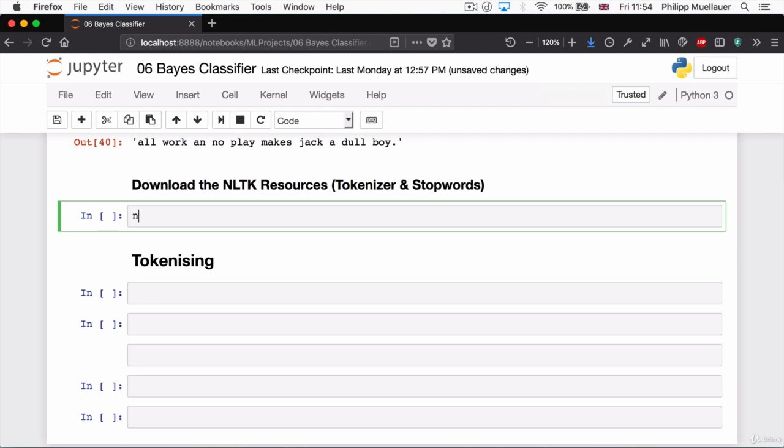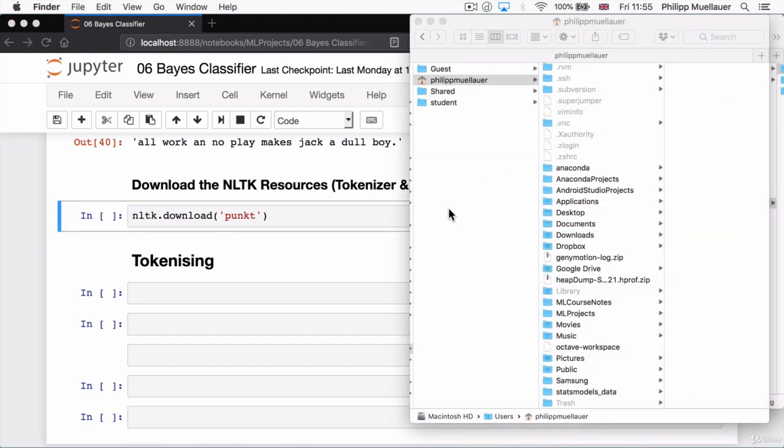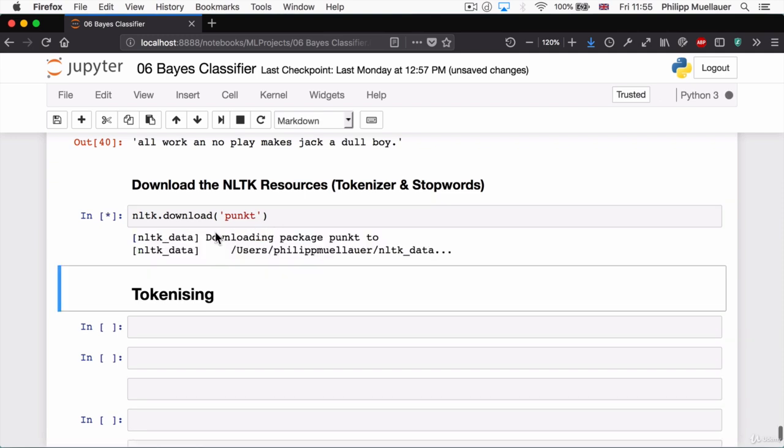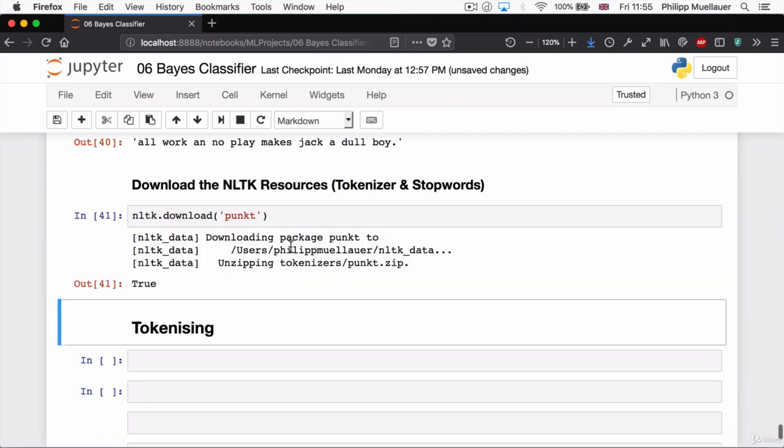And we can grab this component with nltk.download('punkt'). Before I hit Shift Enter on this, let me show you where this will go. On both Mac and PC, it'll go under your username. So when I hit Shift Enter on this cell, then it'll read downloading package to users, then my username, and